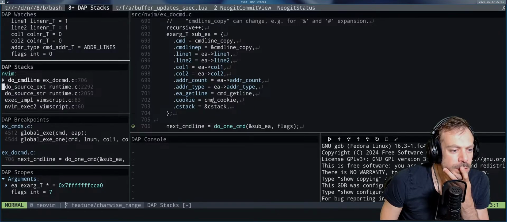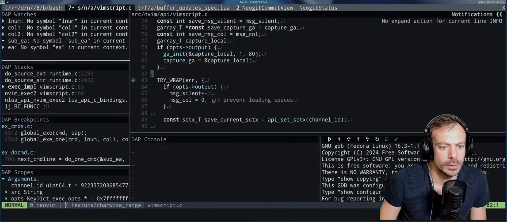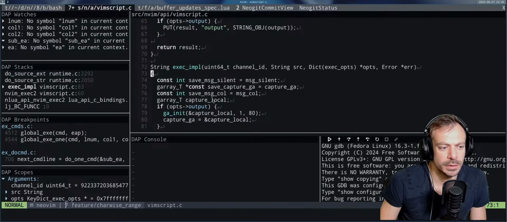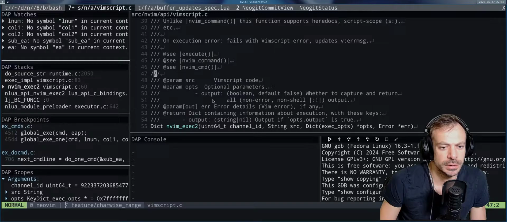To command line, source, execution. Where are we? Exec implementation. This execute to